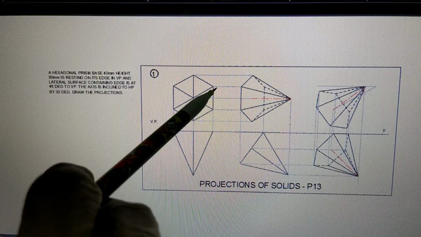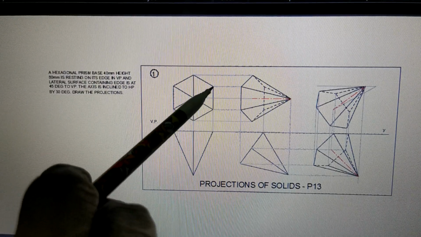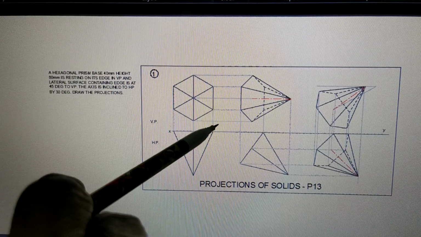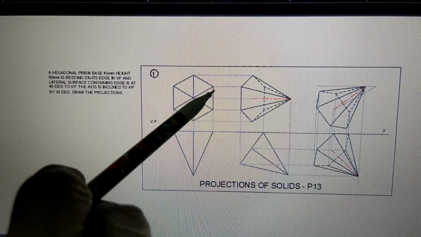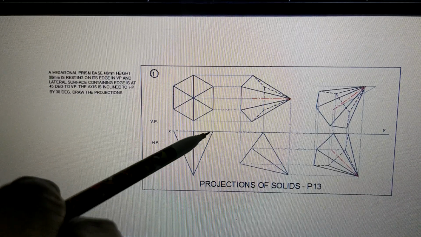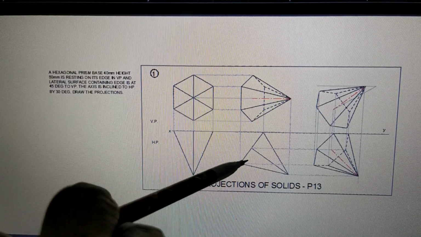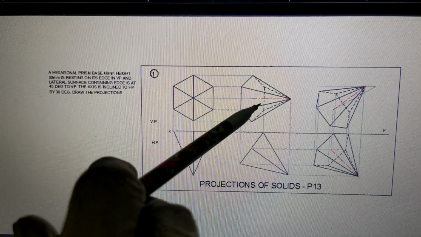As a matter of convention, you have to name the points starting from this point as A and B, because this is the edge on which it is resting. The edge on which it is resting, we have decided to call AB. So A, B and then C, D, E, F. Same names you have to write here. Then from these two names you get this view.